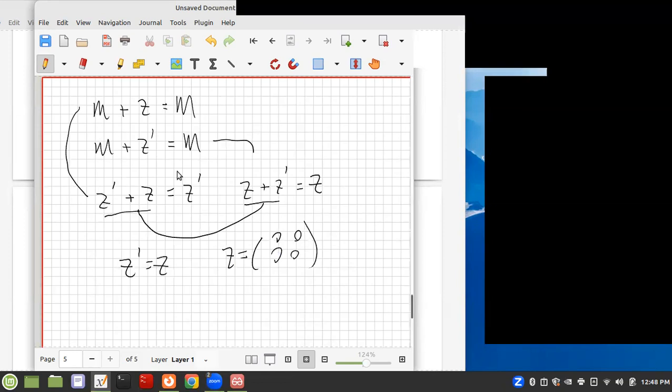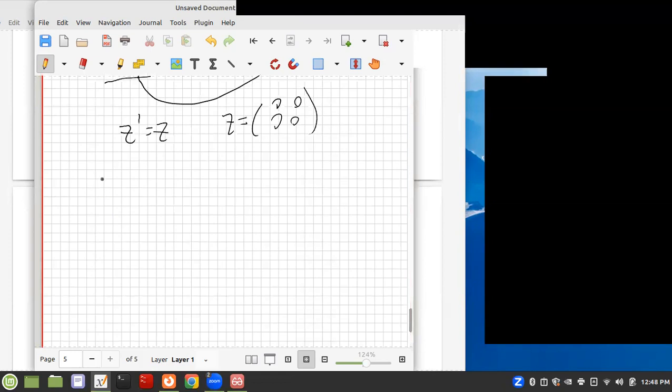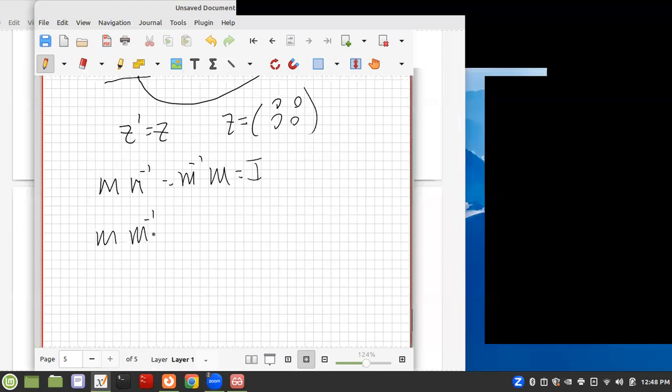It works the same way with inverses. You could think, well, if I know that M inverse M equals the identity matrix, what if there was a second one? Maybe there was M inverse alternate, where M inverse alternate times M equals the identity matrix. Could there be two different matrices that I would multiply by M to get the identity matrix? Well, you can do the same thing, in which you can